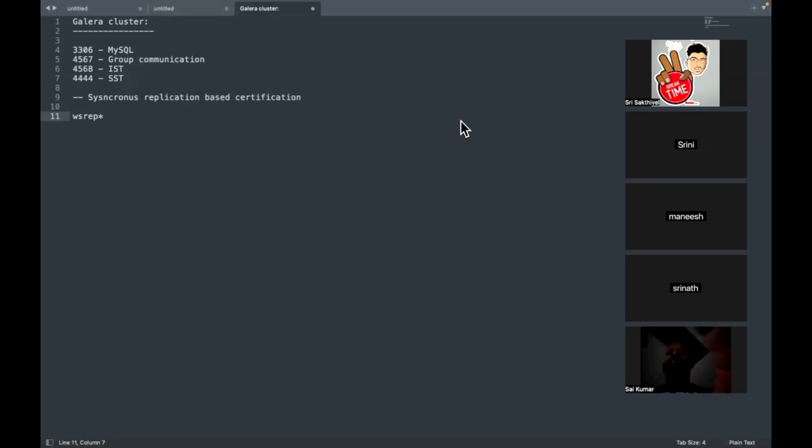how Galera maintains that. Because anyway, I am writing to one node. I am using one node to write. It needs to replicate to the other two nodes, right? So maybe this little bit of delay is expected, right? That could happen. So in that situation, how is Galera maintaining that? So we will need to understand the flow control